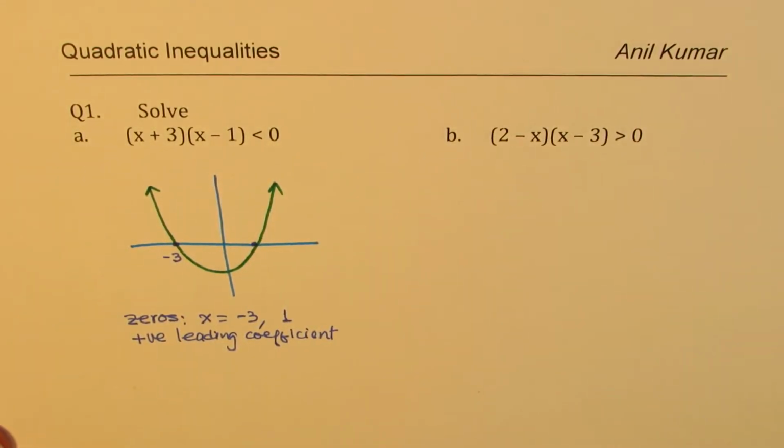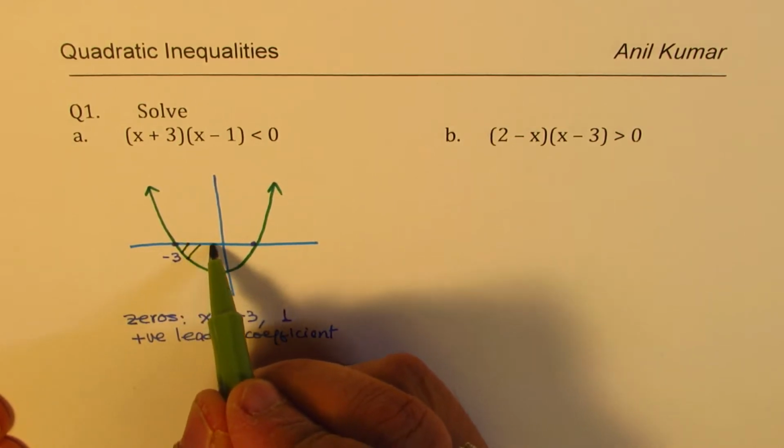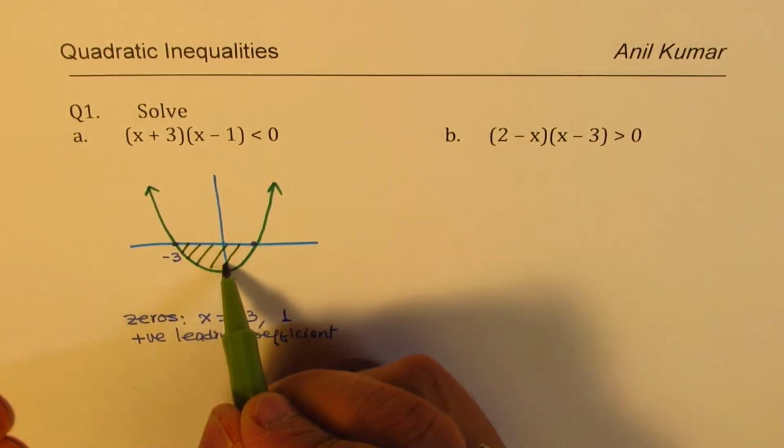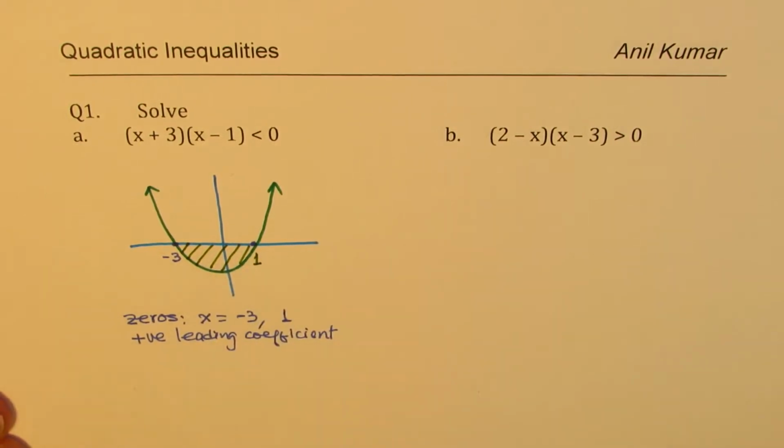Now what do you notice? When is the function less than 0? That is part of our solution, correct? So as you can see from here, the graph is below the x-axis for the values from -3 to 1. So that becomes our solution, correct? So we are going to write the solution of this as